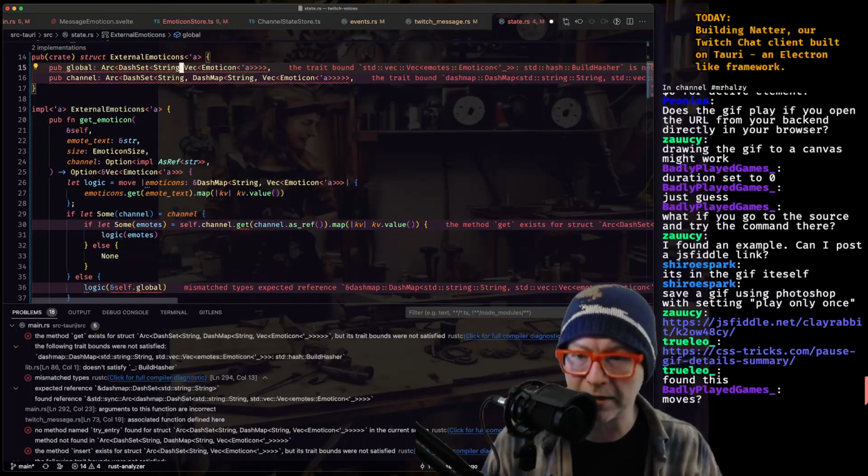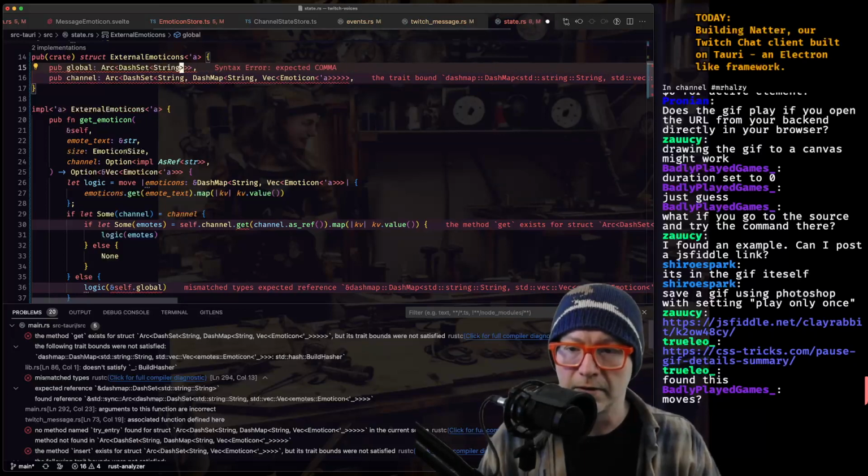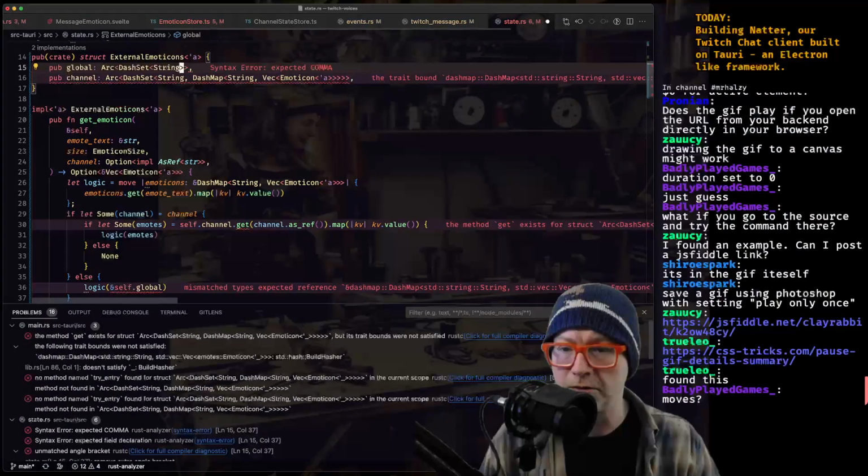Odd, my Vim keys aren't working. 1, 2, 3, 1, 2, 3, okay.